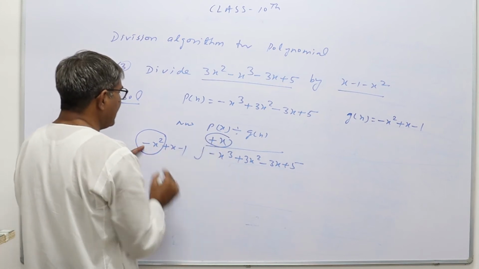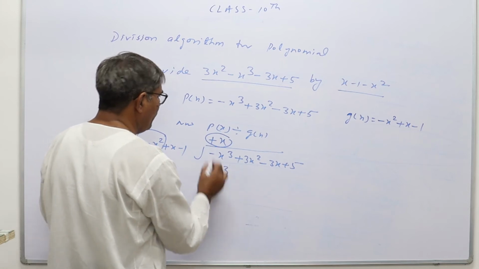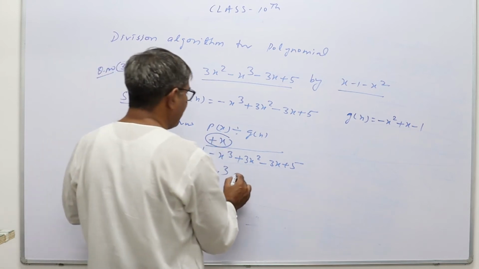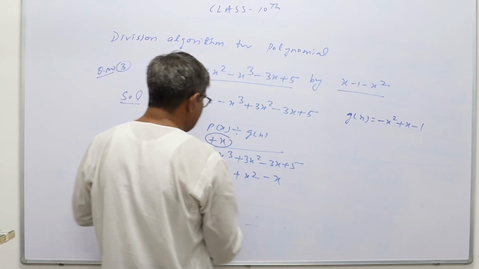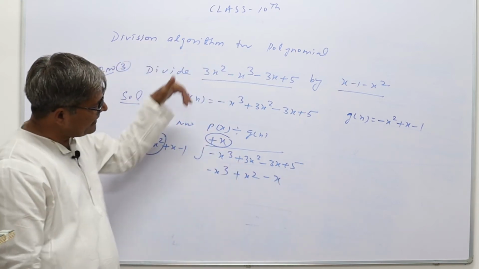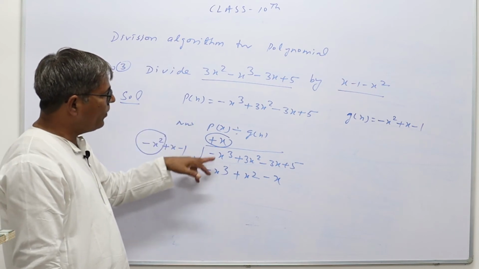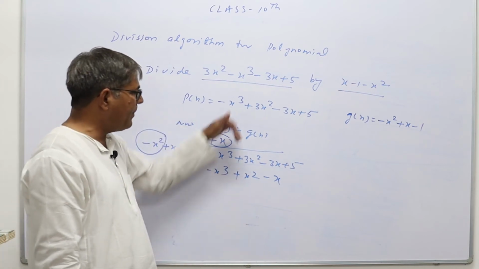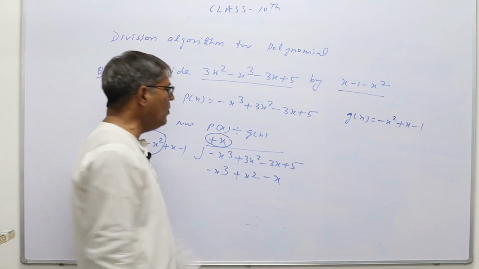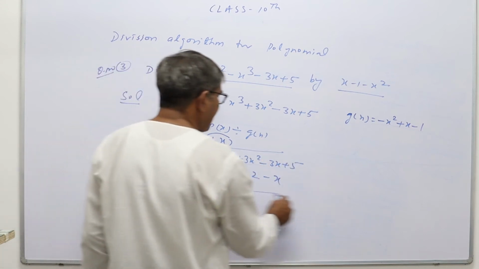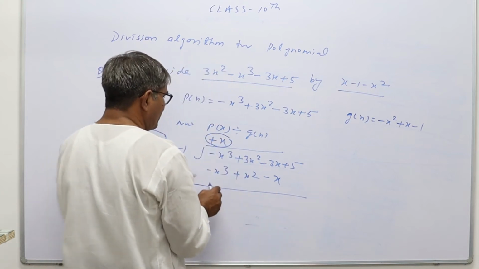So plus x minus x square minus x cube plus x plus of x square plus x minus 1, that is minus x. How will we write? We will write the corresponding terms: x cube below the x cube, x square term below the x square, x below the x, and constant below constant. Then draw this type of line and subtract every term.